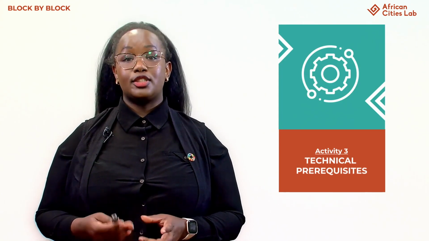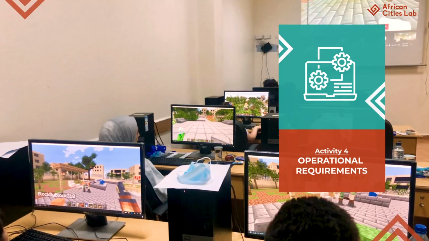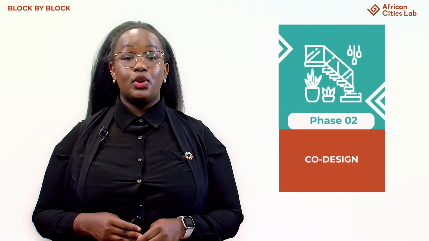This includes transforming the selected site into a 3D Minecraft module, with the help of participants to digitally view the site, design according to the surroundings, as well as selecting computers for this workshop. Under Phase 2, during the co-design process, the technical team is able to work with the community,